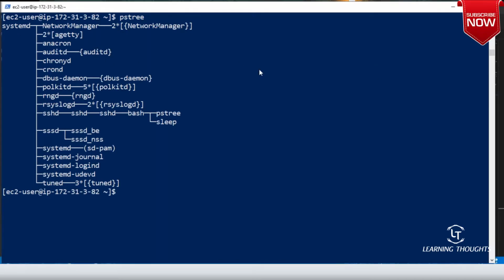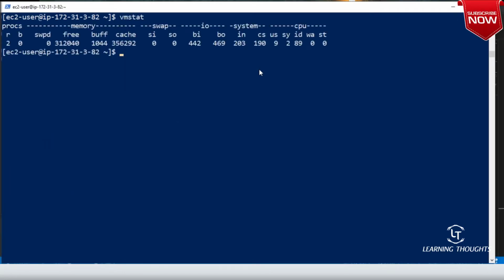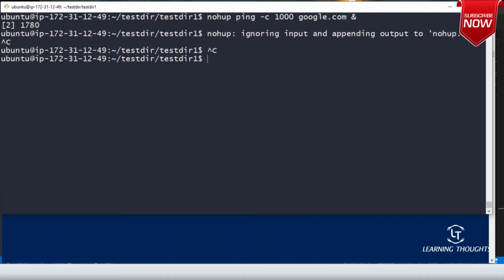What is the tree which is mentioned over here. And then vmstat will try to give you the stuff. Xload might work only in graphical interfaces. You might not have xload over here. Xload is used whenever you are using a Linux machine where you have a UI around it. Am I clear on this, sir?